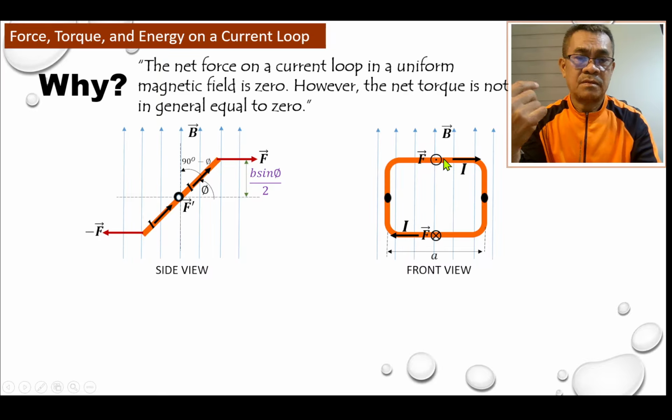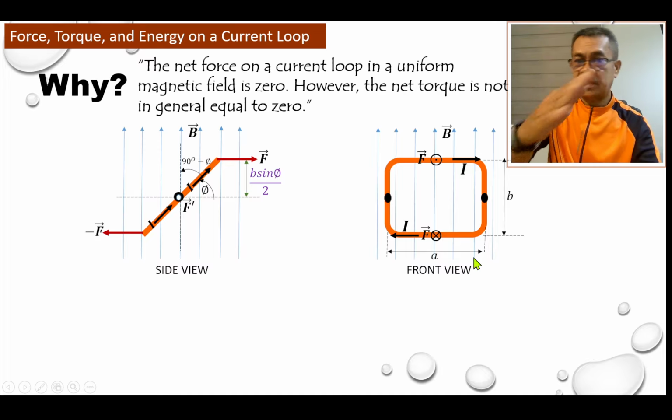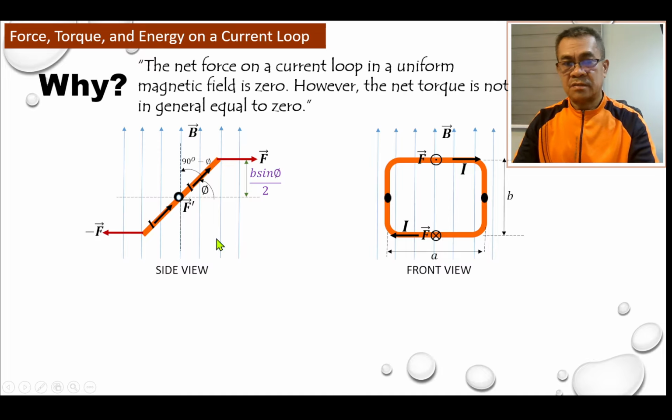away from the viewpoint, then this is the magnetic field. Okay, and this one is the end point of the axis. So this is now the rotating axis. Okay, so this is our b, which is this one, and we have this a. So b is this incline, and this is the front view.